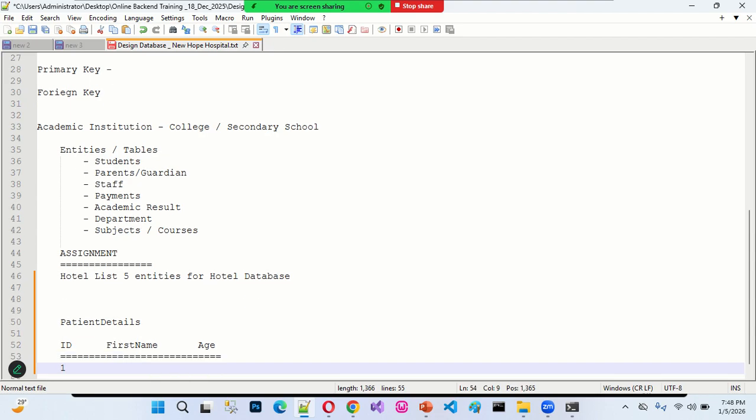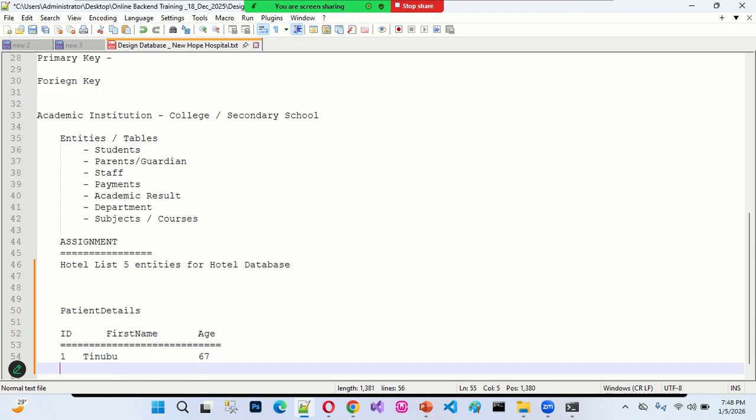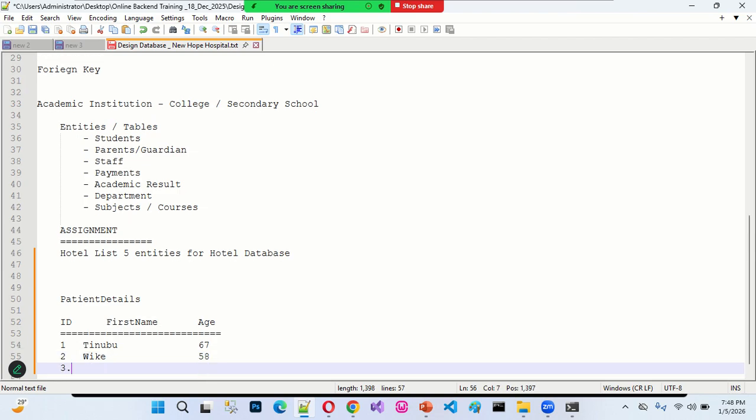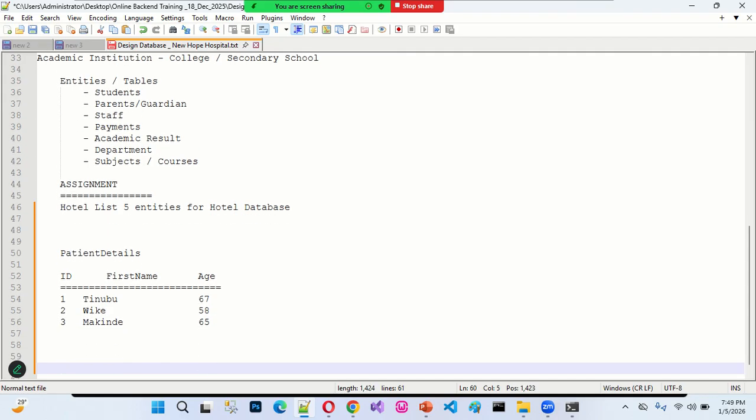The information about the patient is this here. One, the name is Tinubu, the age is 67. The second patient is 2. We have Wike, and the age is 58. And the third patient now is Makinde, and now the age is 65 now. Okay, now I now have a payment